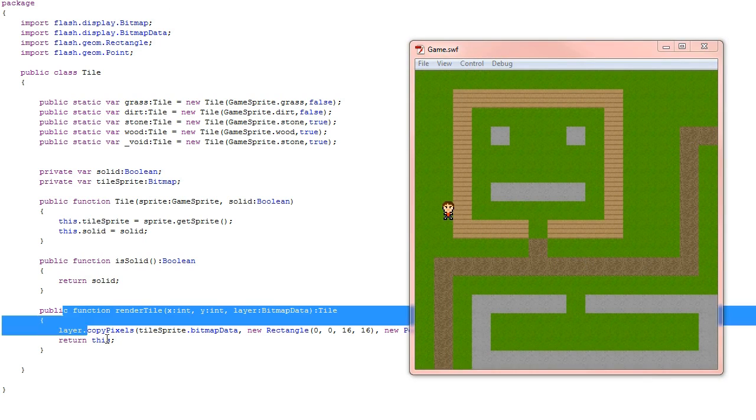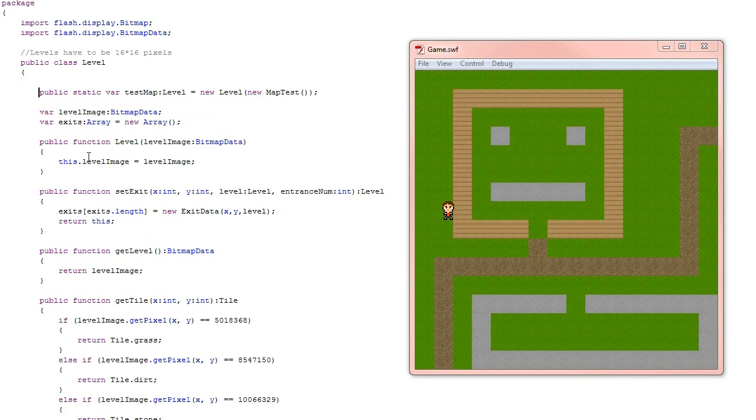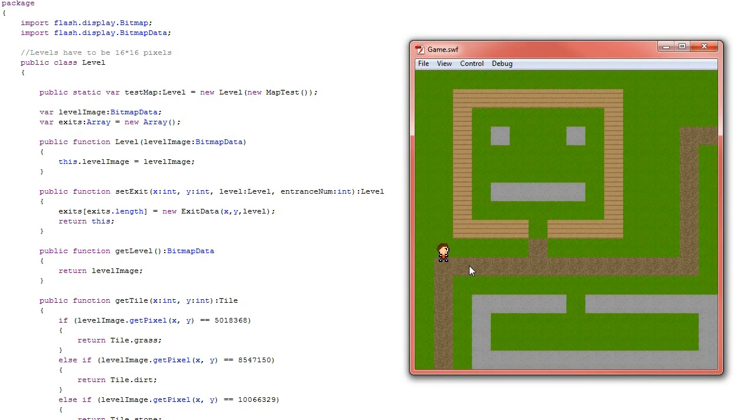And that last one just renders out the tile onto the screen. This is our level class, and this is where we can add new levels into the game. Here I'll be able to control the level that is currently being displayed on screen. It will also allow me to add exits into the map. So say this down here is an exit, I'll be able to walk into the exit and then go to